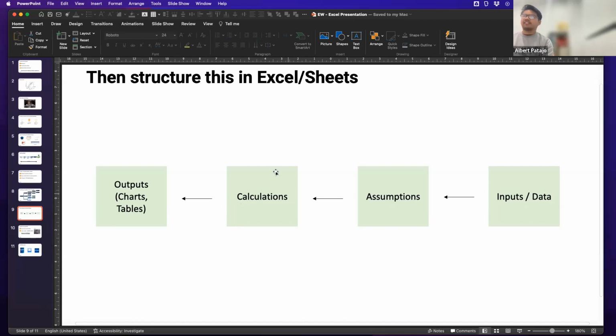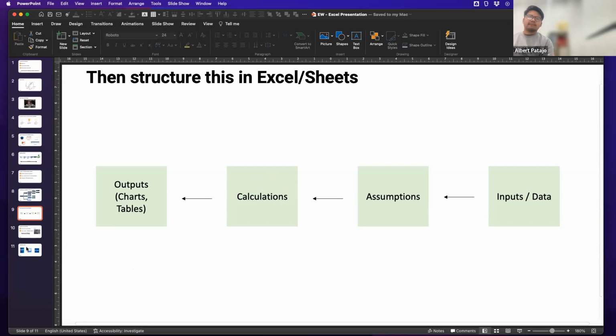The way I structure mine is, depending on the model, I will literally have a tab called inputs or data, a tab called assumptions, and then a tab called calculations that I'll lock or tell people not to touch, and then a page just for outputs that I can easily copy and paste into other presentations, other tables and things like that. That helps me keep the structure, but also means people know what they can and can't play with. People can't play with calculations because they'll break the model. People can't play with historical data because that's real data.